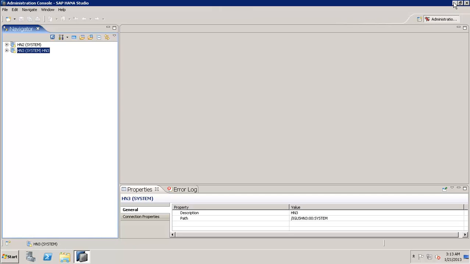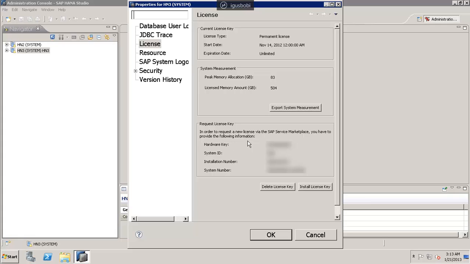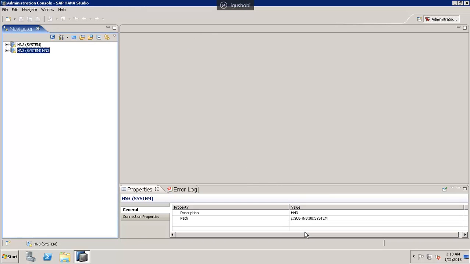Okay, so basically the information that is required, what you have seen, is you need the following information for creating a license. That is, you need your hardware key, you need your system ID number, you have your installation number, you need your system number. So that is the basic information you need to put while generating a license key. Okay,